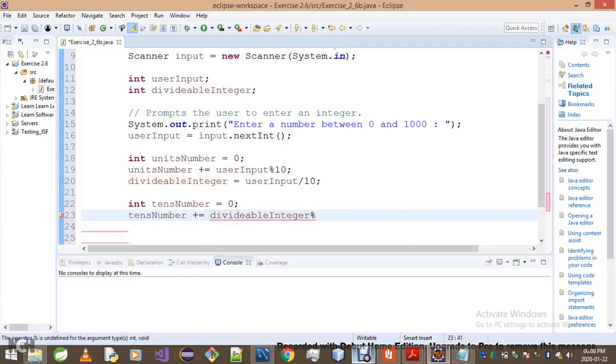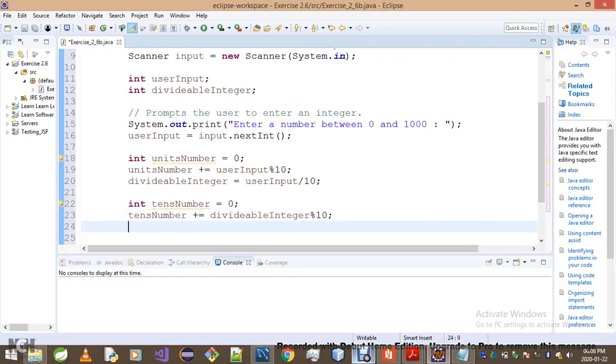So I hope you guys know from primary we've got units, tens, hundreds, and thousands, so on and so forth. Now basically this is the second digit. If the user happens to give us a 3-digit number, this will be the second digit. And then after that, what we do is